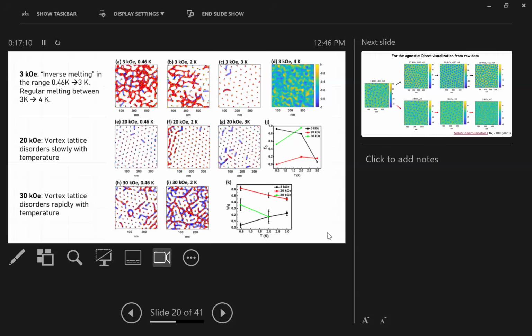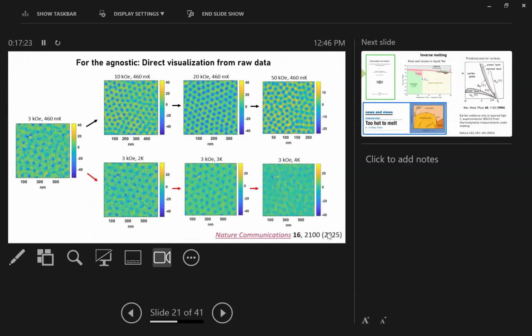At 20 kilo state, it's already ordered, so little happens. At 30 kilo state, it is the high field disordered state, and it goes from a liquid to more liquid and so on. So, now here I have shown you this with a lot of analysis,